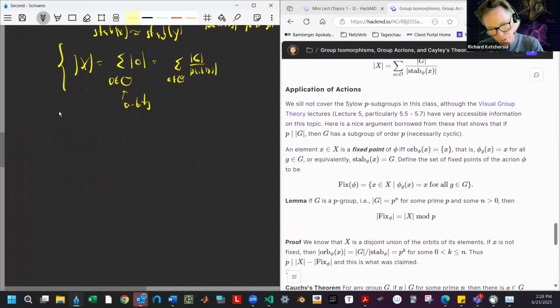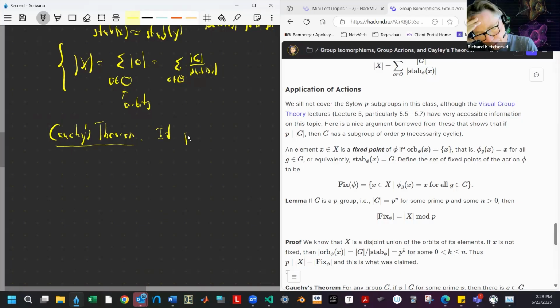Let me just write down the application first. It's called Cauchy's theorem. Your book has a version of this that's weaker, and this is a really cute proof that we have here. This just says if p divides the order of G, so I'm not making any assumptions on G being abelian or anything, then